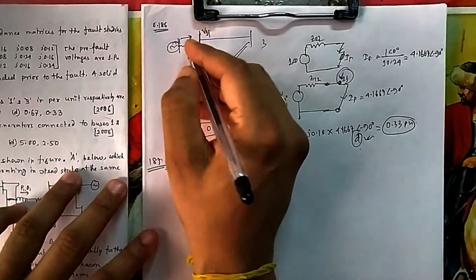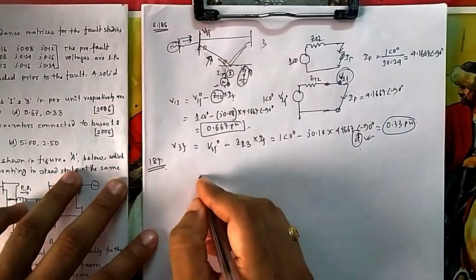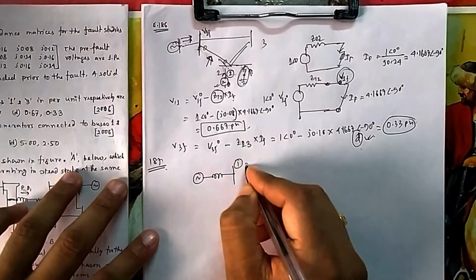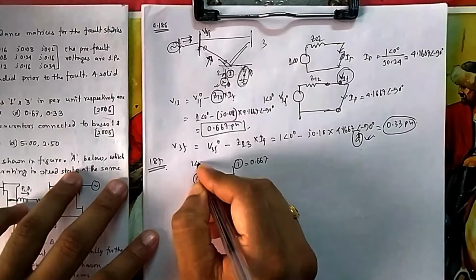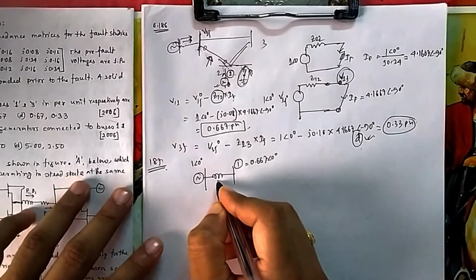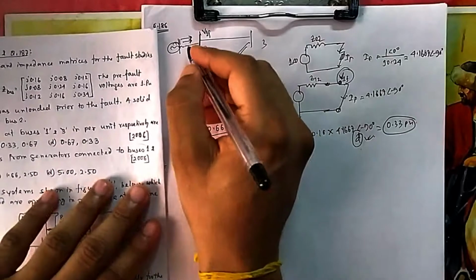So 1 minus this, what will be the current flowing through this? 1 minus this divided by the generator reactance, because once the generator is there, there will be generator reactance. This is bus 1. Bus 1 after fault, you know, is 0.667. Pre-fault it is 1 at an angle of 0, this is also at an angle of 0, and this is the generator reactance. I think they have given it. We have to calculate what the actual reactance is.